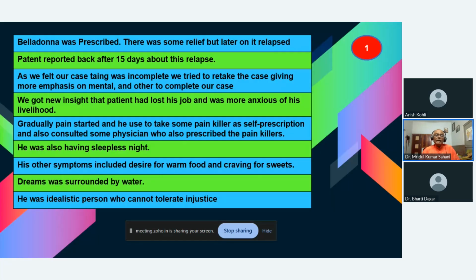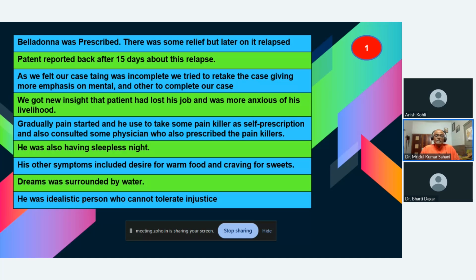So Belladonna was prescribed. There was some relief, but later on it relapsed again. The patient reported back after 15 days that there was a relapse. As we felt that our case taking was incomplete, we tried to retake the case, giving more emphasis on the mental and complete case. During the second case taking, which we took in a detailed way, we